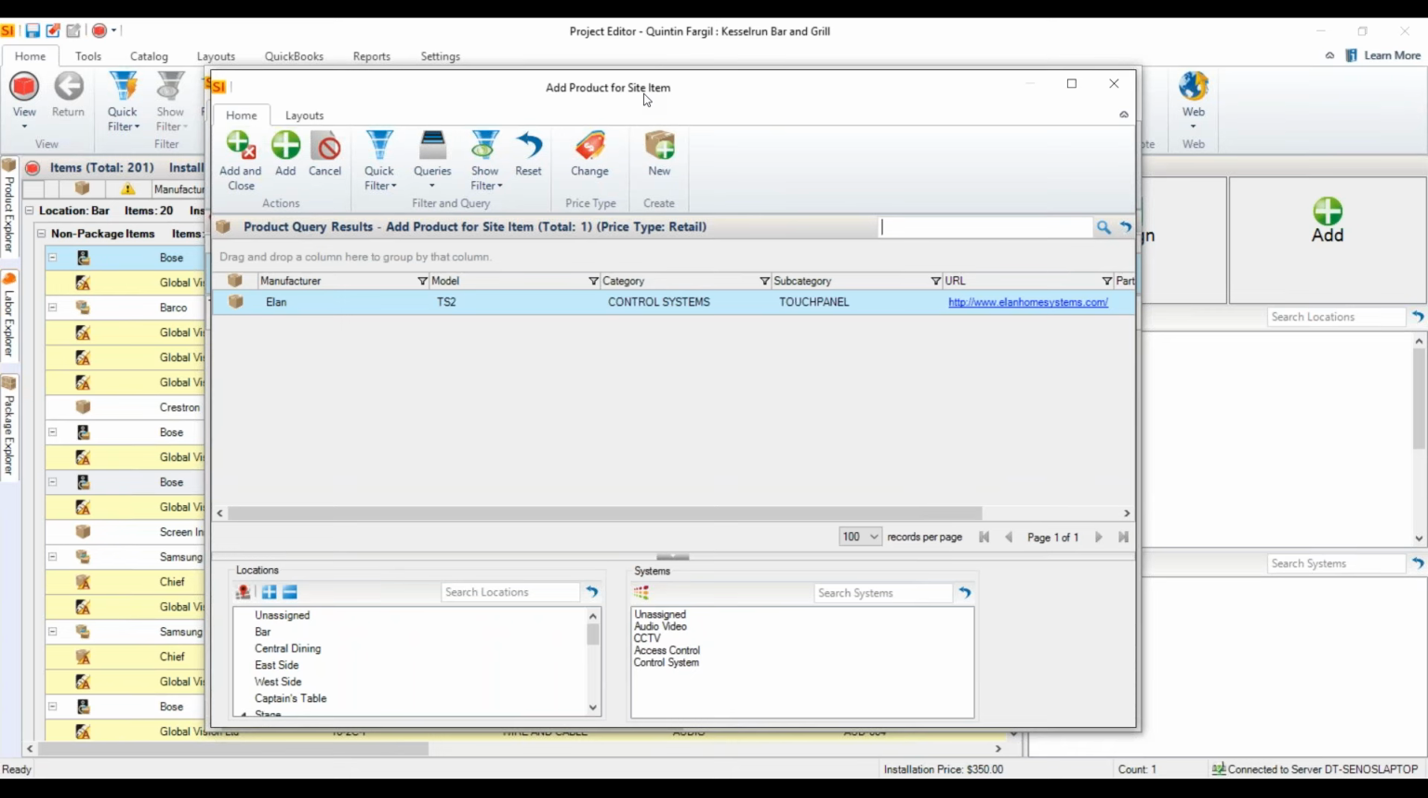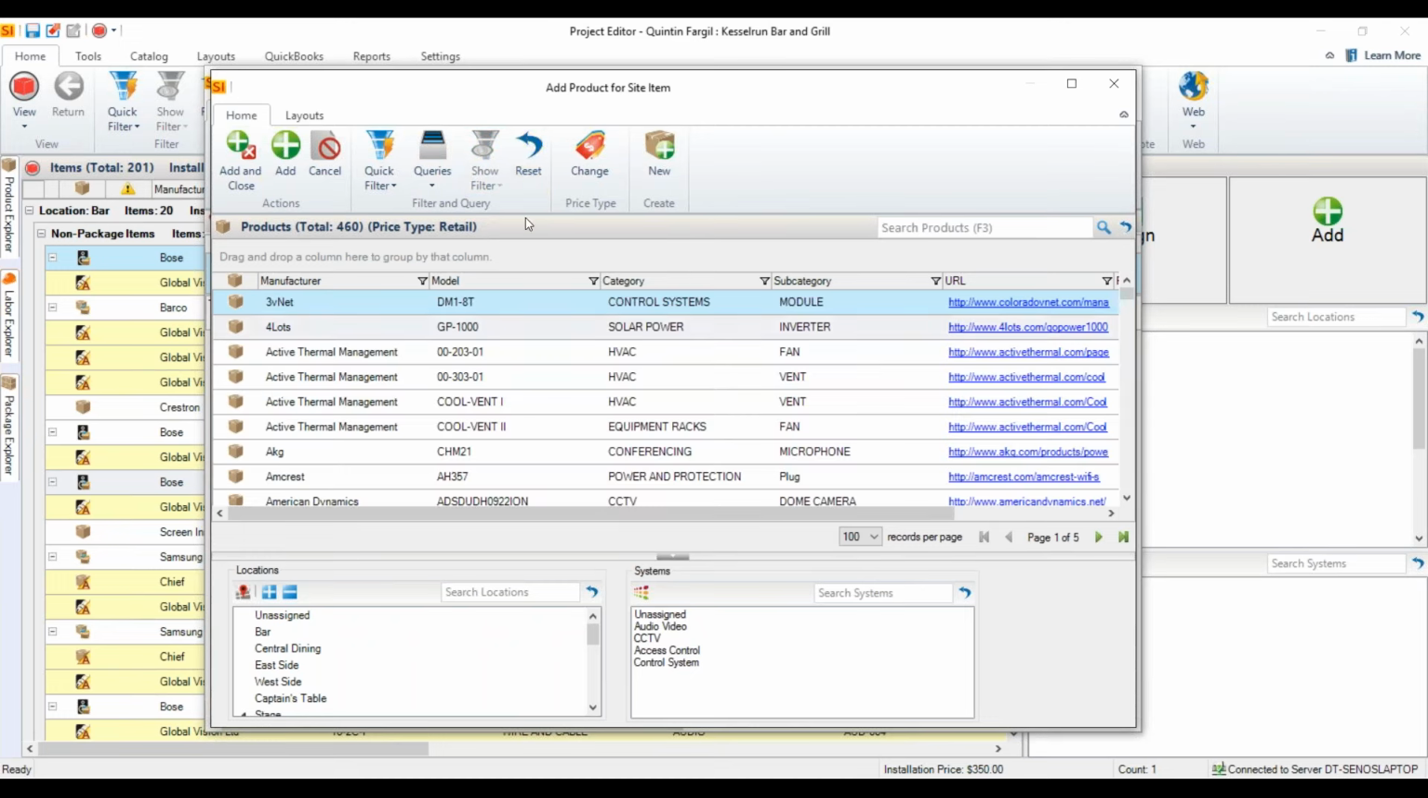Now, this is pre-filtered. I happen to name this pretty well. In fact, I named it exactly as the part in my catalog. If it's not, you may not get this pre-filter here. That's fine. If it's not, just hit reset. Or again, if it pulls up the wrong thing in the pre-filter, you're like, no, that's not the part we added, just hit reset. You can then search for any product or quick filter to find what you're looking for. In my case, let's just